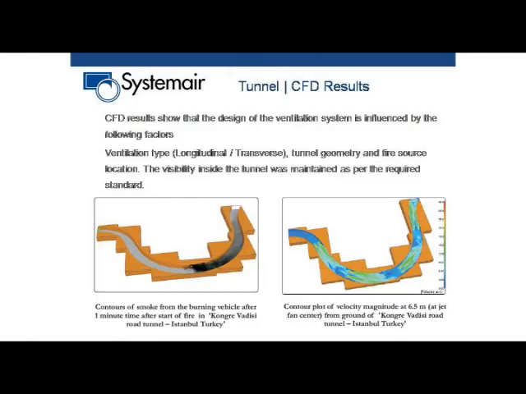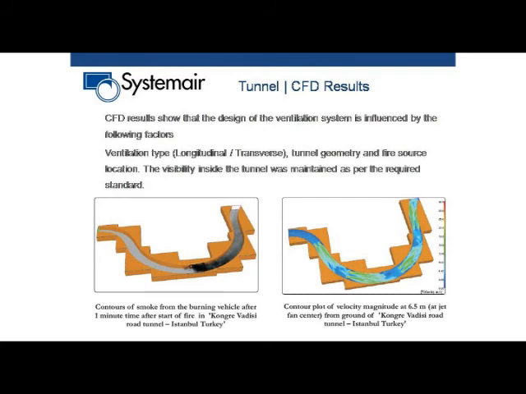This was a particular example for a curved tunnel. In a lot of cases we also have to make decisions on whether we should use longitudinal ventilation or transverse ventilation to remove the smoke. All these decisions can be made by using smoke simulations. Here you see velocity contours, and these are the fans installed here.